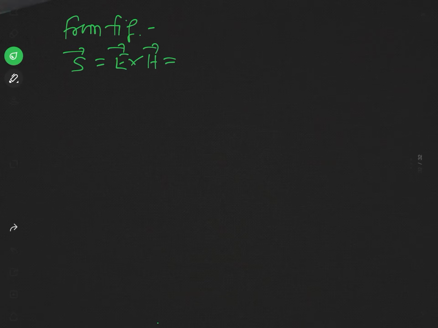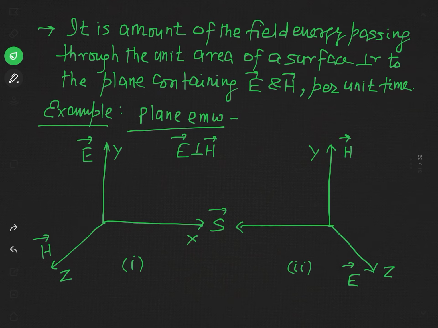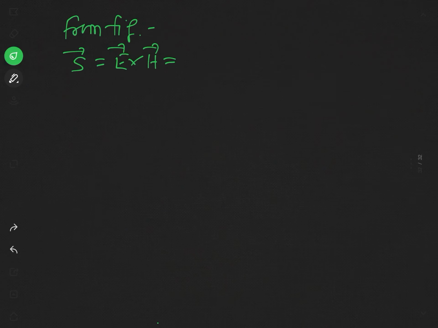From figure 1, the Poynting vector will be E cross H. This is its basic definition. As figure 1 says that E is directed along the y-axis and H along the z-axis, let us write these vectors in terms of the orthogonal unit vectors. You can write vector E as E j